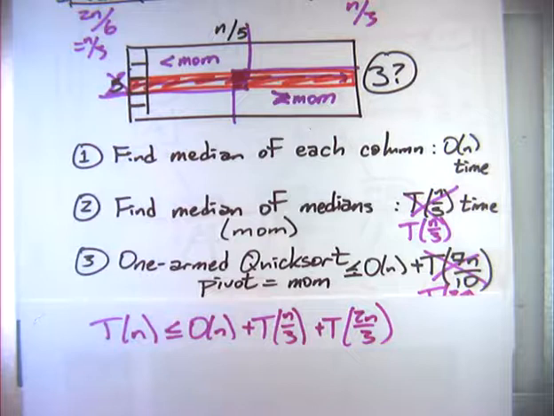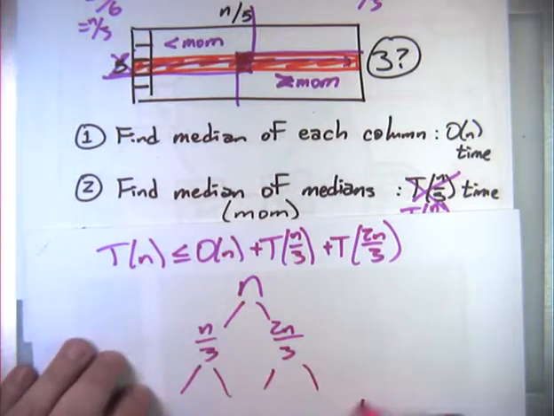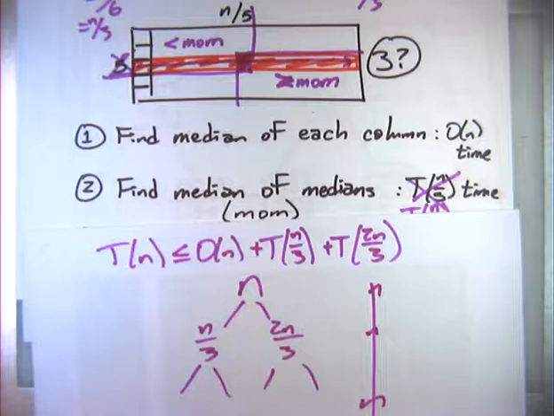Anyone want to guess what the solution for that recurrence is going to be? n log n. Because at the top level, I'm going to do a linear amount of work. And at the next level, I'm going to do n work. And at the next level, I'm going to do n work. I'm going to do n work at every level, and there are log n levels. So if I tried to do this median of medians trick with 3 instead of 5, I would actually end up just with a sorting algorithm. And the whole point is to try to find that median element without sorting.